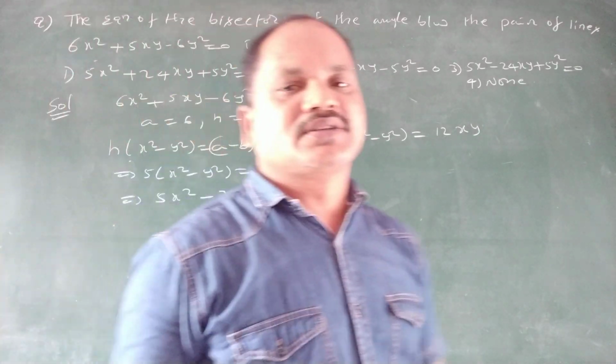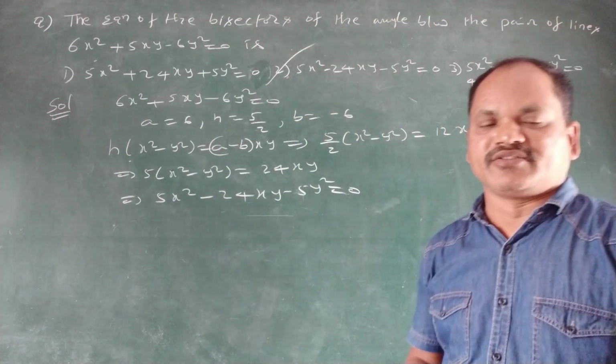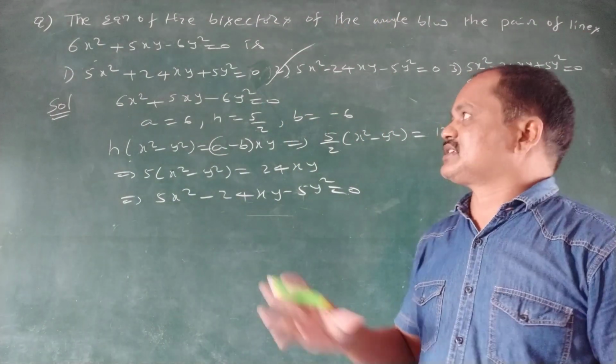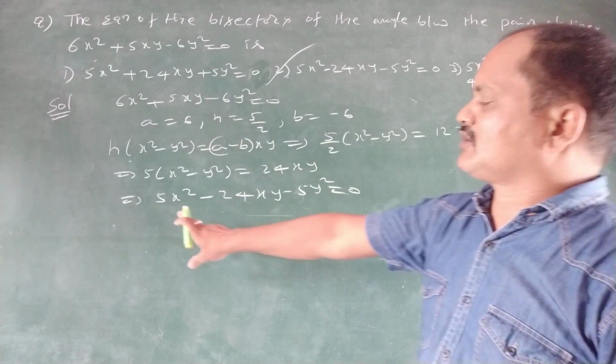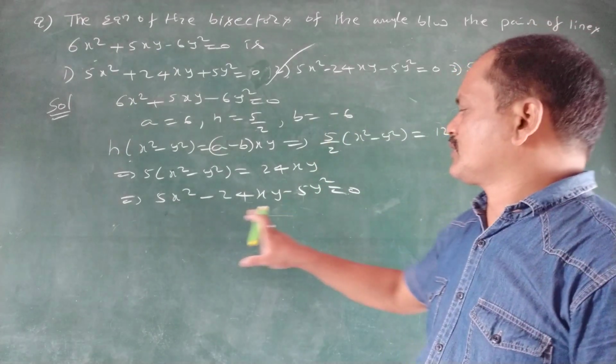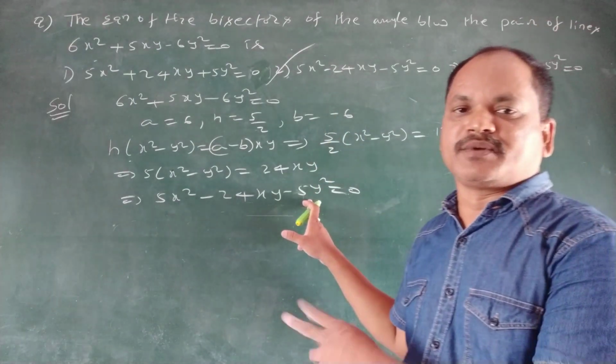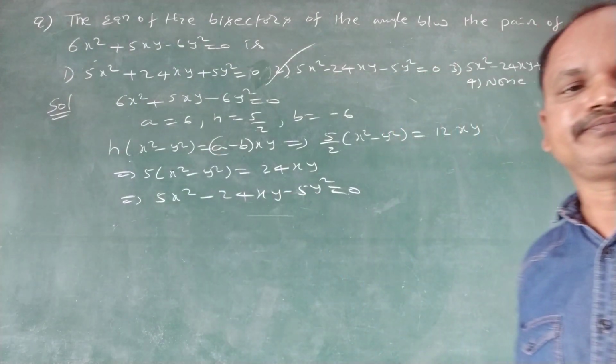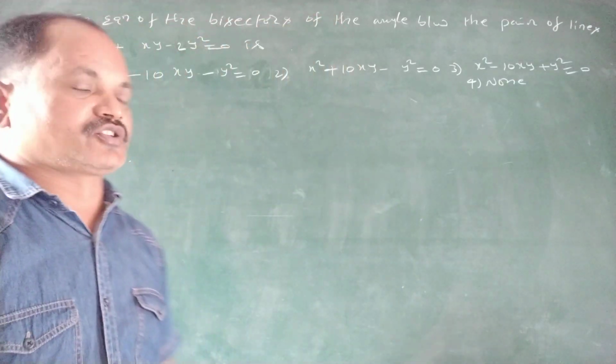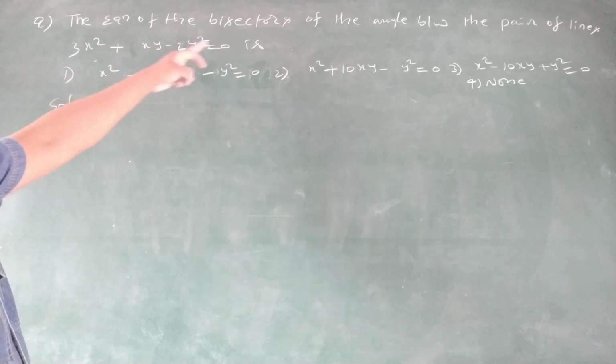That's all. So this is very easy, and the pair of angular bisectors are perpendicular to each other. Observe here, coefficient of x square is 5, coefficient of y square is minus 5. That's why a plus b is equal to 0. That's all. Okay. One more question depends upon this concept: the equation of the pair of angular bisectors